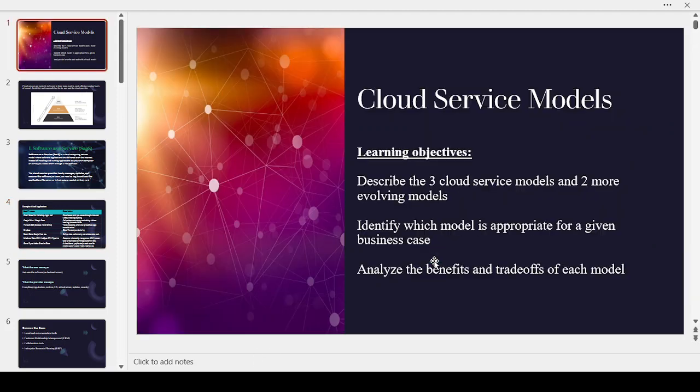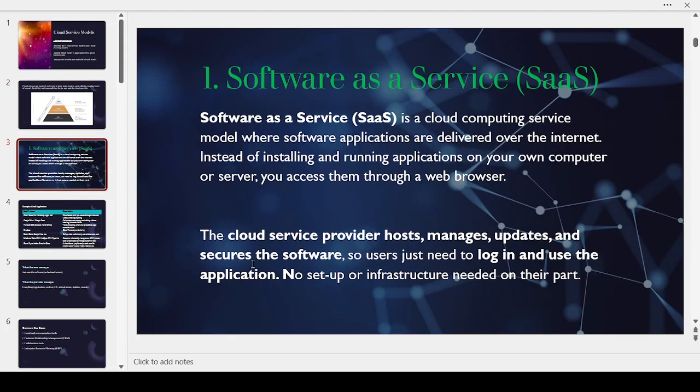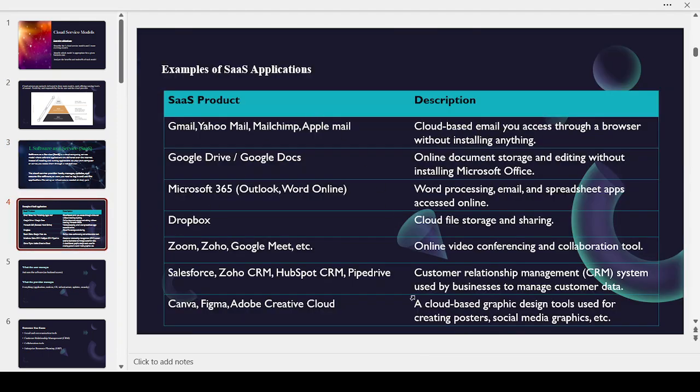Now, as you can see here, we already talked about this pyramid, the SaaS, PaaS, and IaaS. We have looked at these examples and we have talked about everything. We have now defined what a SaaS is and what it basically means, given examples. Now we are going to talk about the examples. Gmail, Yahoo Mail, Mailchimp, Apple Mail, yeah. All those ones are